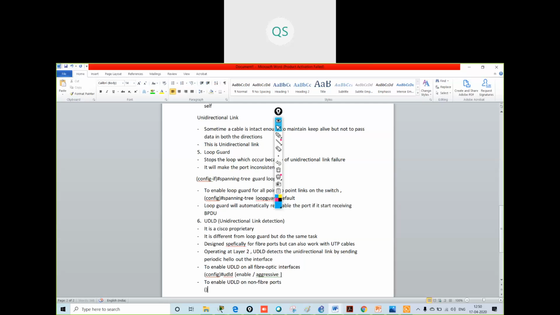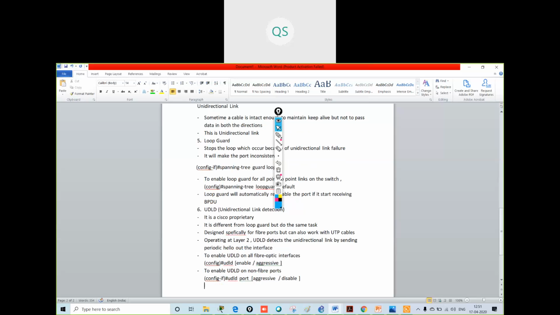We have to go into the interface configuration mode and say udld port, then aggressive or disable.